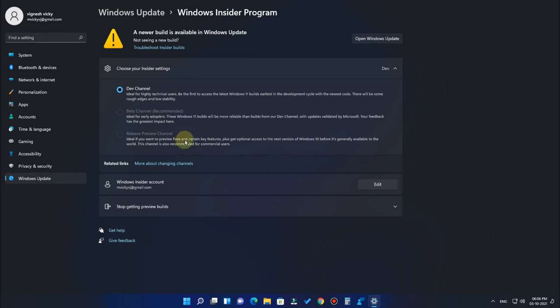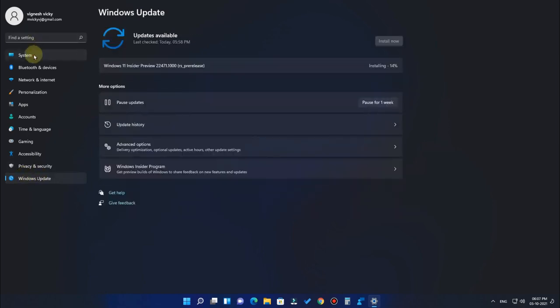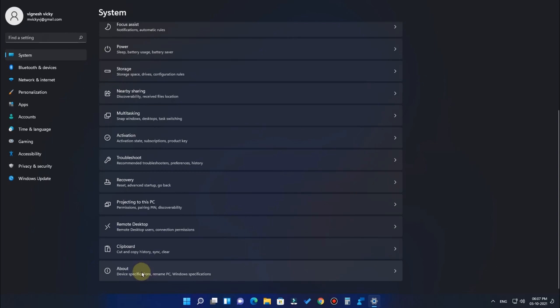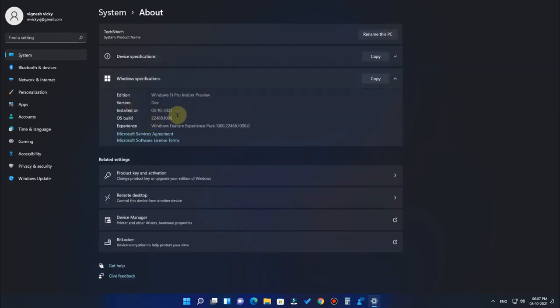It's almost 100% stable, and as you see here, this channel is recommended for commercial users, so you can use it more safely. Well, I am using the developer channel, so I am checking the new version of Windows 11, and this is the version I am currently using. So the OS build is